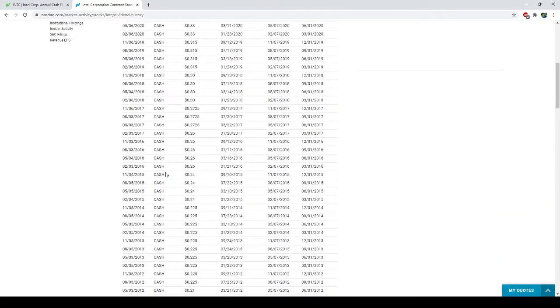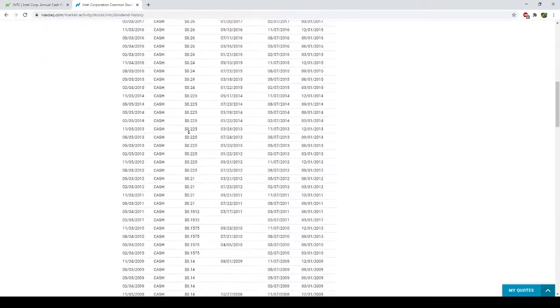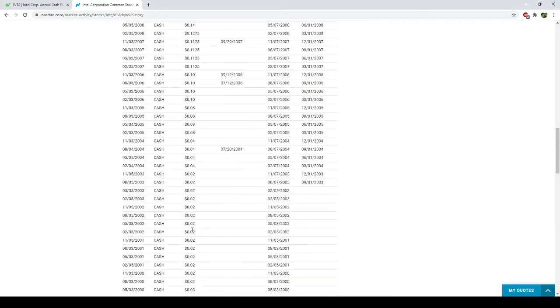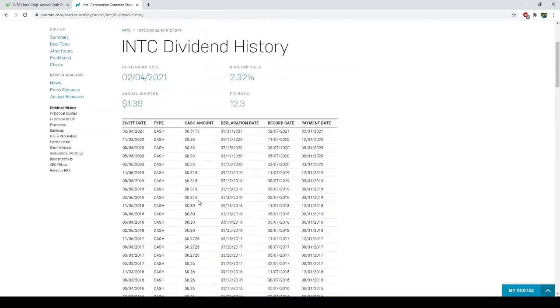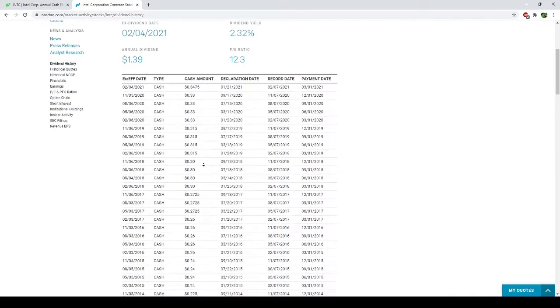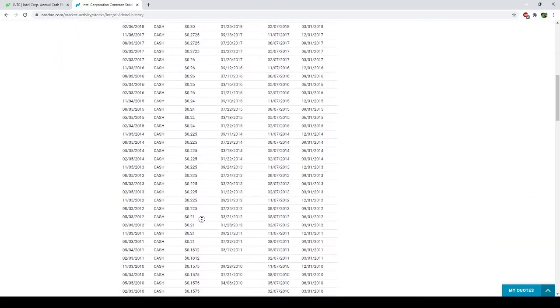Here, we're going to look for our reliability. That is, are they paying the dividend on time? Are there any cuts? Are there any suspensions? For this, let's say 20 years. So we'll go back to 2001, 2002. We can see here we're paying about 2 cents per share. And then up to today, we're at 34 and 3/4 cents per share with no cuts and no suspensions in